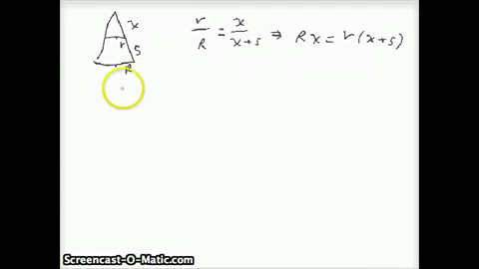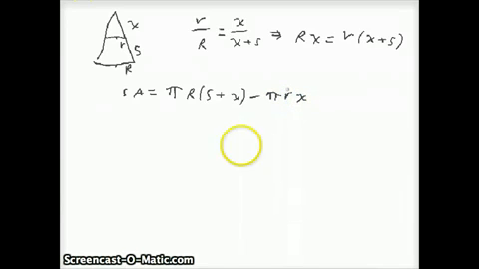Okay. Now, to get the surface area of the frustum, we're just going to subtract the two surface areas of the two cones. So the big cone is pi capital R times s plus x. Subtract away the small cone, which is pi lowercase r x. Next step is going to factor out the pi just to make this thing easier to see. I'll need big brackets here. R times s plus x